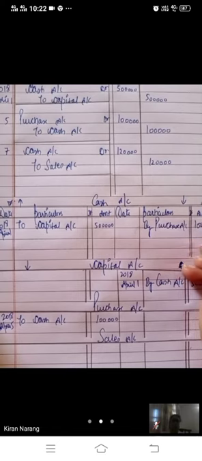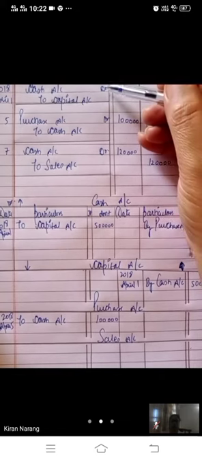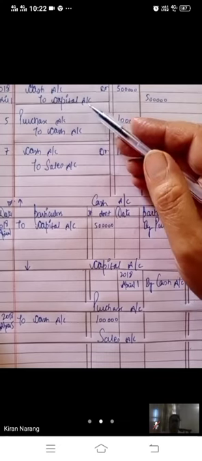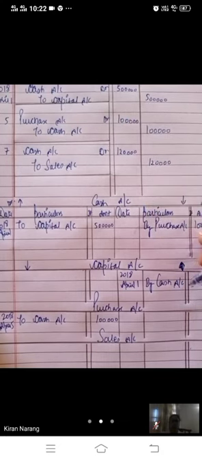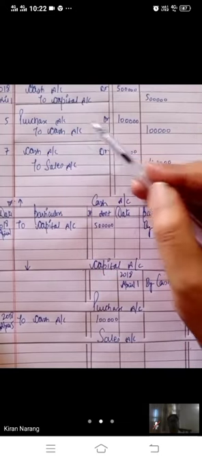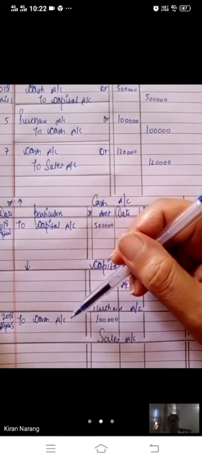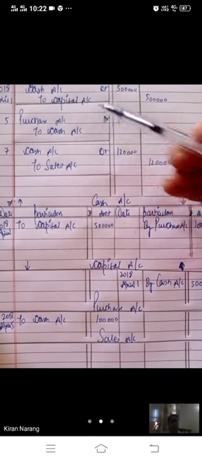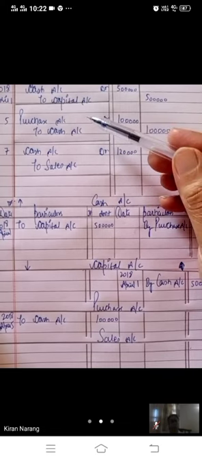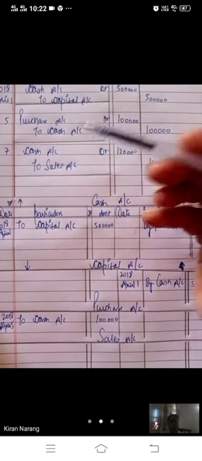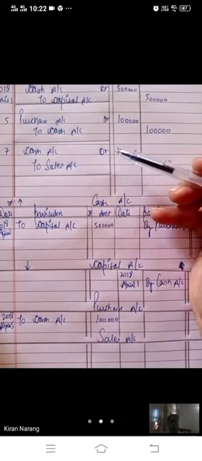Once you know the rule, it is very easy. Just this much is the question: on the debit side of cash account you will write "to capital", and on the credit side of capital account you will write "by cash". The side will be the same and you have to record the name of the opposite thing. Purchase account will be debited and you will write "to cash account". Cash account will be credited, you will write "by purchase account". The side will be the same, bache, but the only difference is that you have to write the name of the opposite thing.